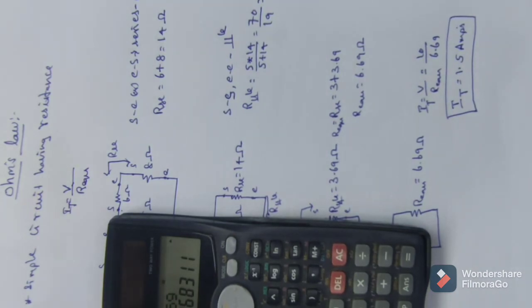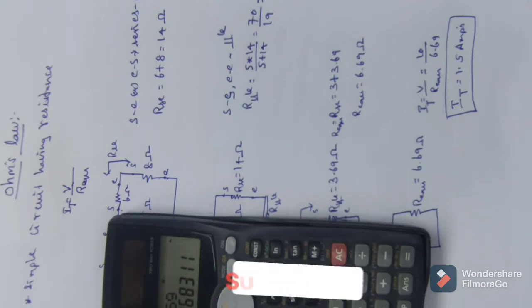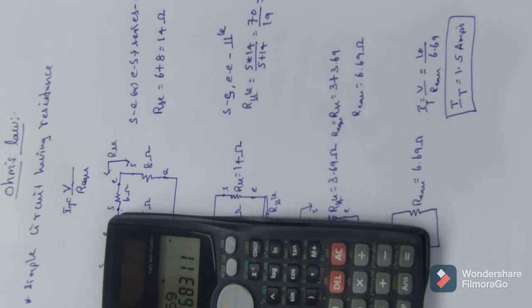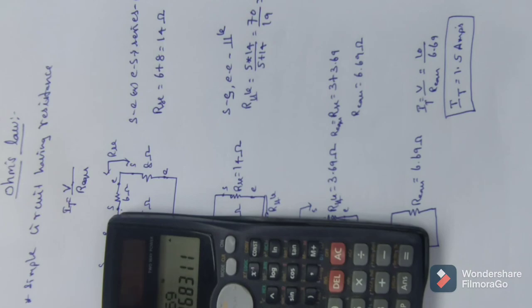That's all. To apply Ohm's law in a complex circuit, we need to know the circuit reduction technique. Based on the circuit reduction technique only, we can directly apply Ohm's law to that kind of complex circuit. With this video, we are concluding how to determine total current using Ohm's law, how to apply the network reduction technique, and how to convert a complex circuit into a simple equivalent circuit. In the next video, we are going to learn what circuit rules are applicable to series and parallel connected resistances.